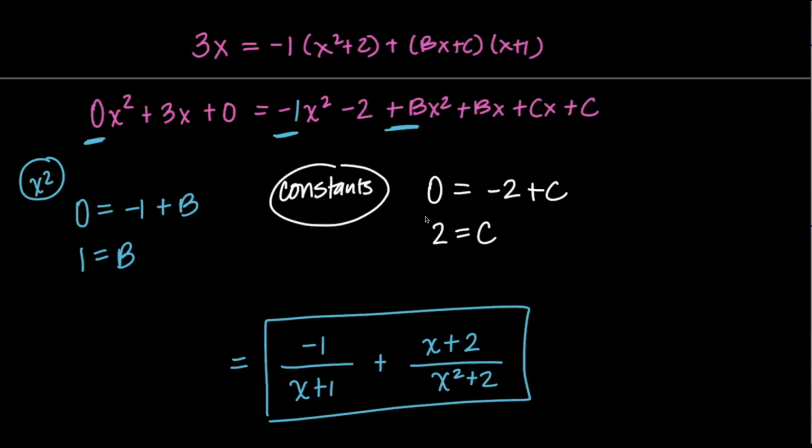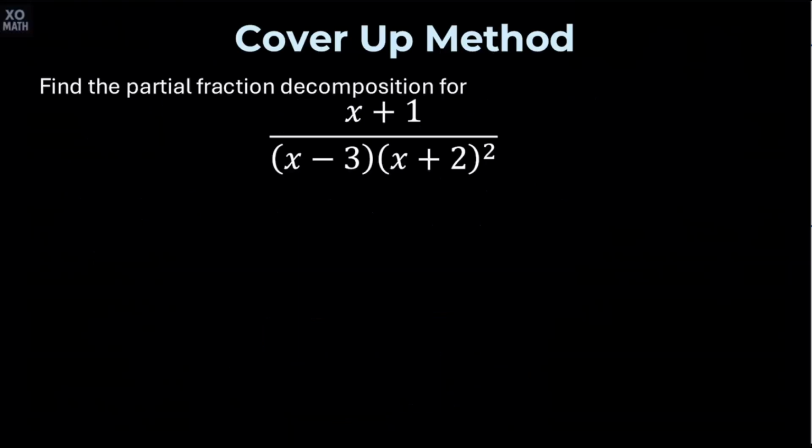So our cover-up method did help us shorten our traditional work. And now let's try to use the cover-up method for this one, where we have x plus 1 all over the quantity x minus 3 times the quantity x plus 2 all squared. So what we have here is one distinct linear factor in the denominator, x minus 3, and then one repeated linear factor. So let's go ahead and set up our partial fractions and see what the cover-up method